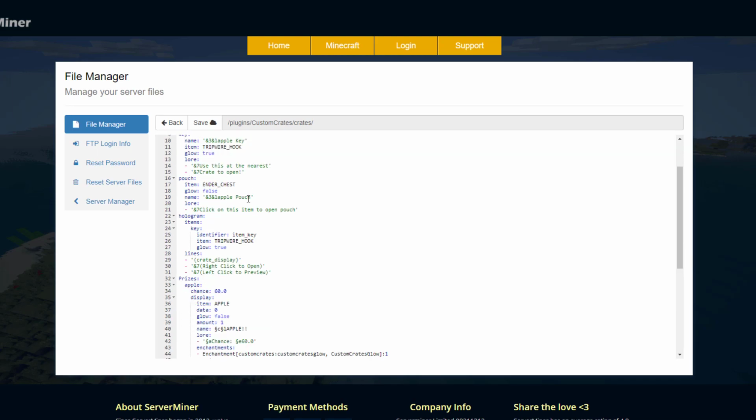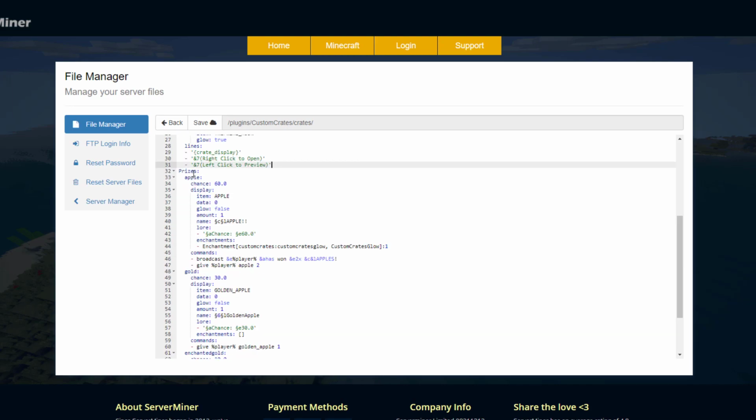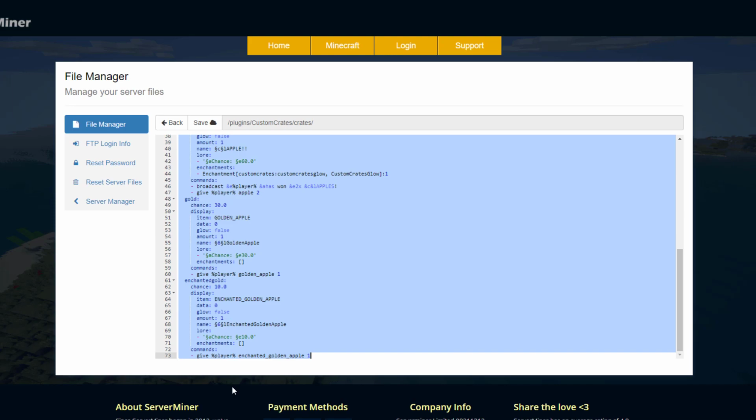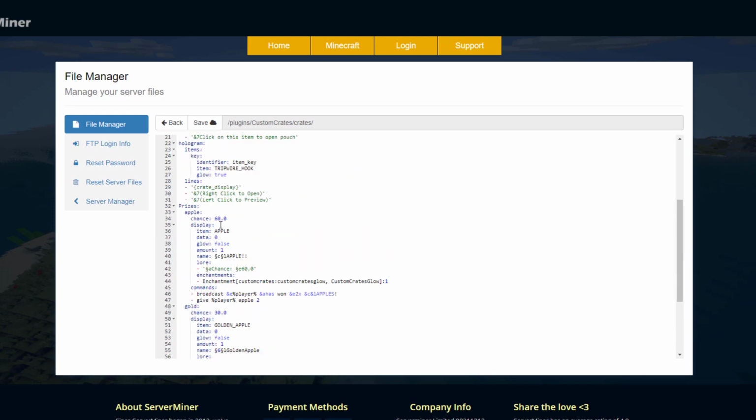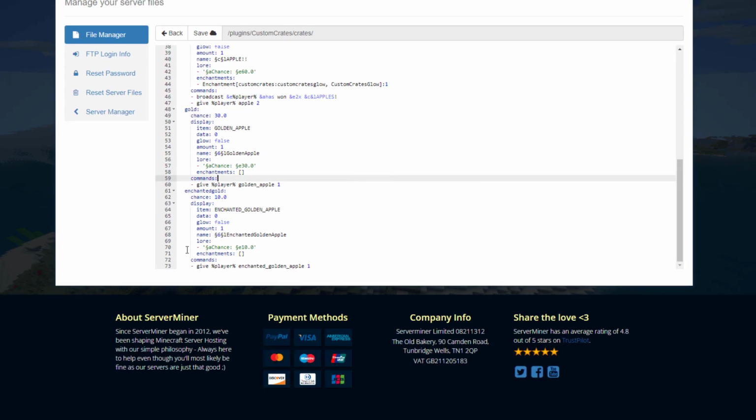Then we've got the pouch, and then if we scroll down we've got information about the hologram, and this is how it looks. You could customize that if you wanted to, add more lines, add more colors, etc. And then we have the prizes. I've got 3 different prizes and each of them has a different chance, as you can see: 60, 30, 10. And then there will be a lore, an amount, the name. You can customize all of that, make it look very jazzy, and then the command is obviously giving the player